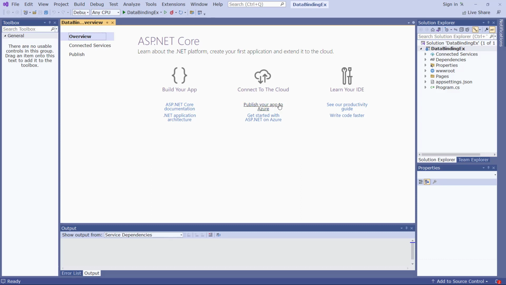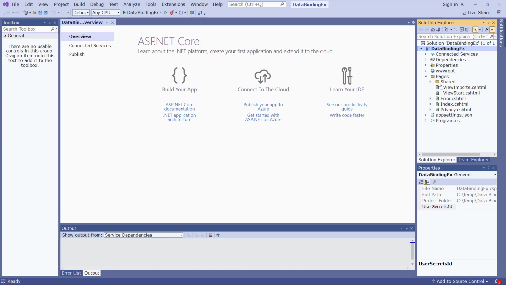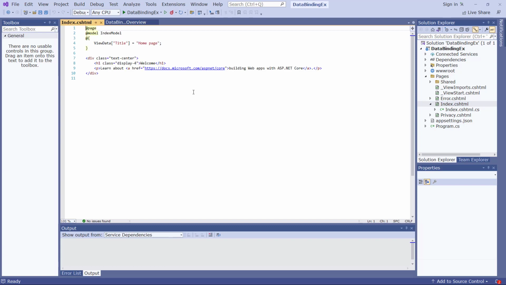So now we are ready to start creating our first web page. Here under Pages we can store all our pages, and in the default template there are some pages that are already created. Let's just use this startup page called Index, which consists of two parts. This index.cshtml is the client-side part, and this index.cshtml.cs is the server-side part. So let's open the client-side part and create an